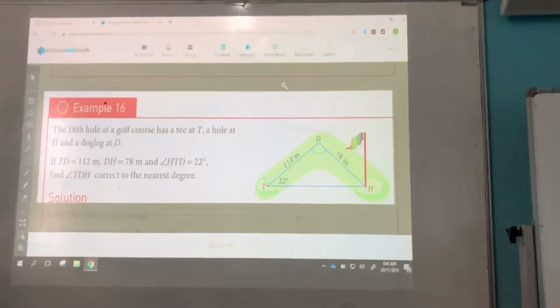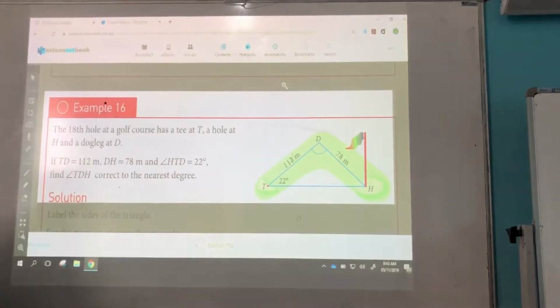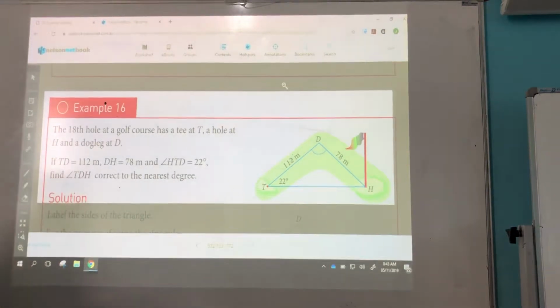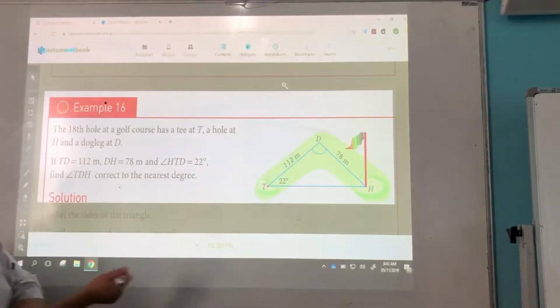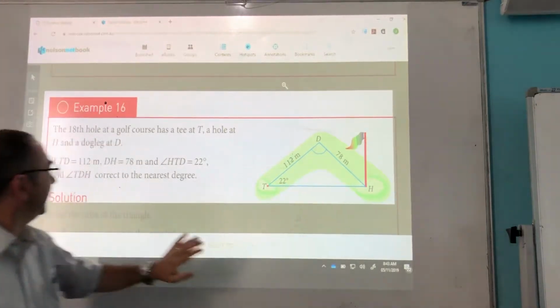All right, next we have the 18th hole, a bit more of a practical example. The 18th hole at a golf course has a tee at T, a hole at H, and a dog leg at D, very sharp dog leg. If TD equals 112 metres, and they've given us that, and DH equals 78 metres, and they've given us that,